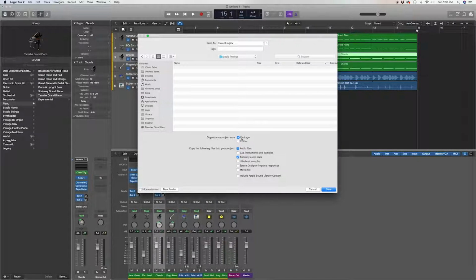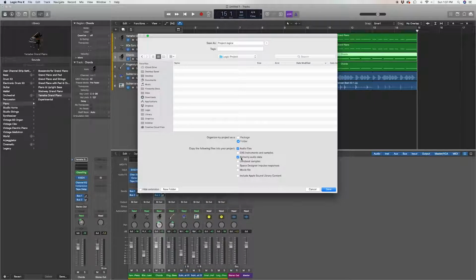it saves it as a unified file that includes all the information in it. The problem is if that file gets corrupted and you've bounced audio or you have audio files, you tend to lose everything. So I like to save it as a folder because as you're making a session, maybe you're recording live instruments, all that audio gets saved as separate files within the folder. So even if your main file got corrupted, you could rebuild your work if you ever needed to at a